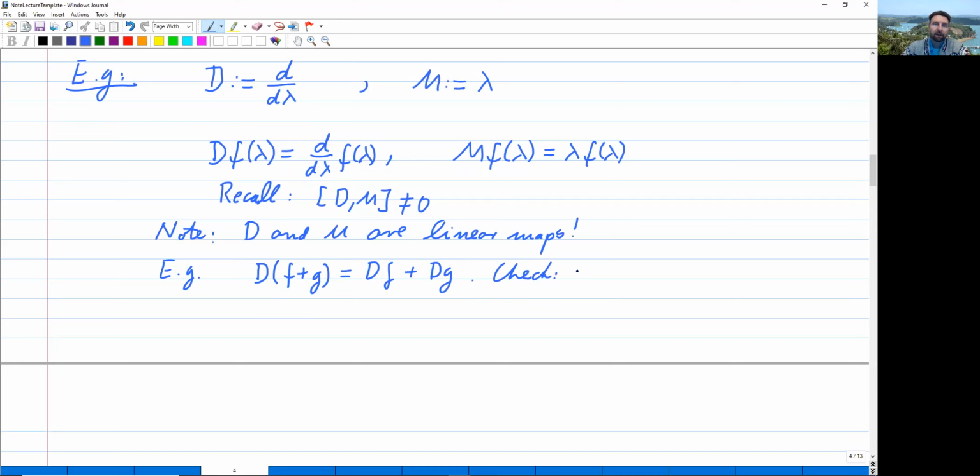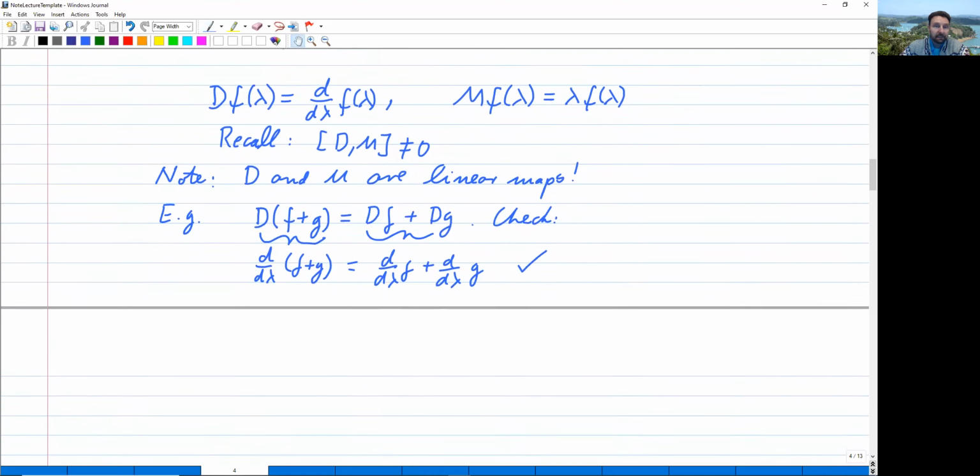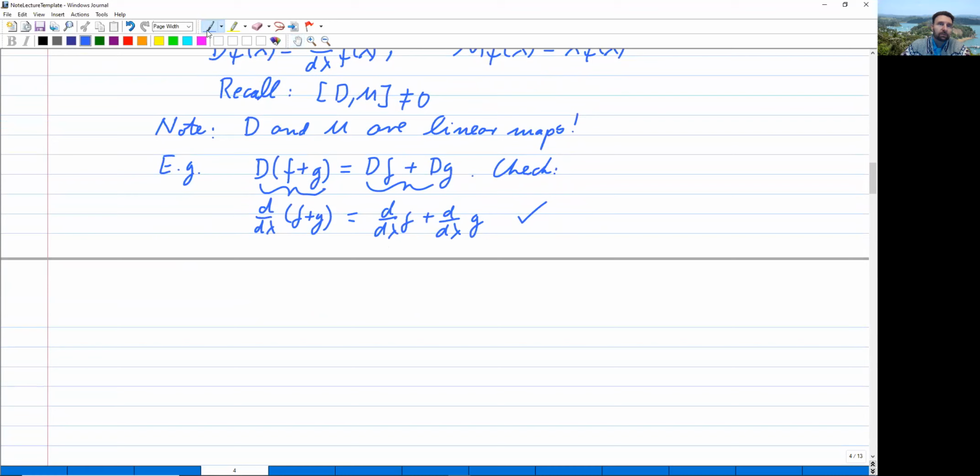Well, what is D of F plus G? Well, we have that this is equal to d by d lambda of F plus G. And this is indeed d by d lambda of F plus d by d lambda of G. So indeed true. But that's not all. In order to prove that D is indeed a linear map, we also have to show that,